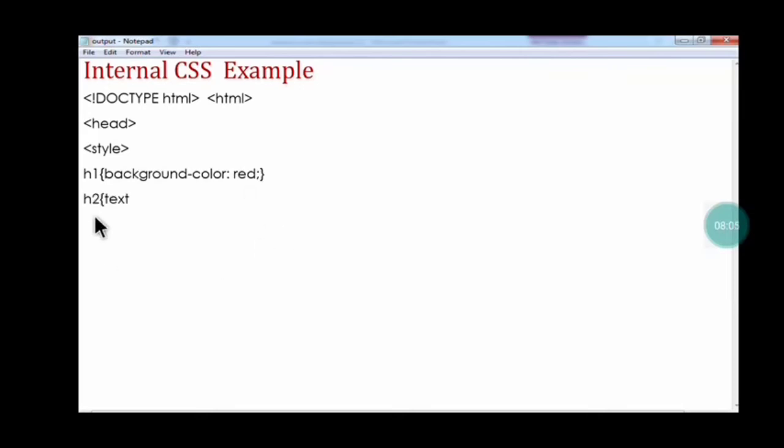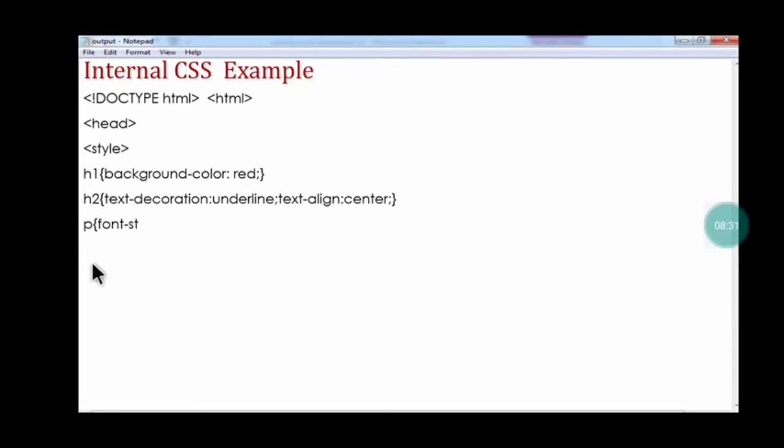Next, h2, here I use this text-decoration property, and the value I use underline. Next property I use text-align, and the value I use center, means the text will be displayed with the underline and the center alignment in the web page.